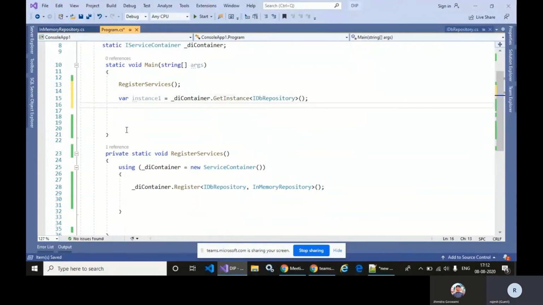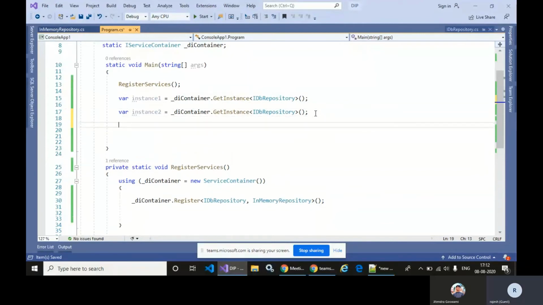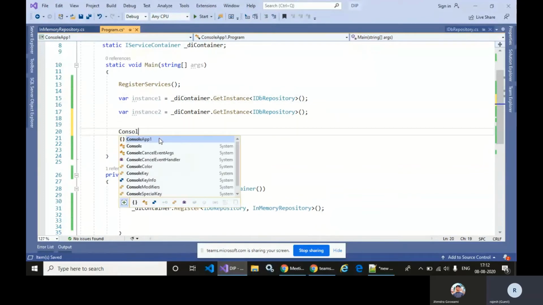Our demo is regarding how we can check whether the instances are the same or not. So I'm going to create one more instance with a different instance name, and now we need to verify whether the two instances are the same or not.